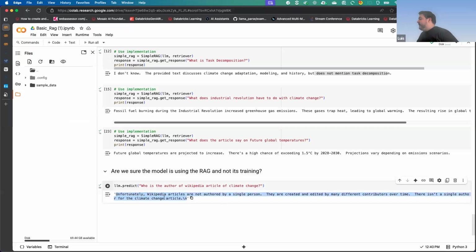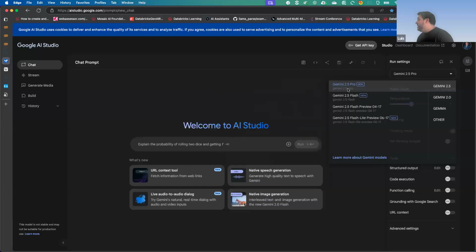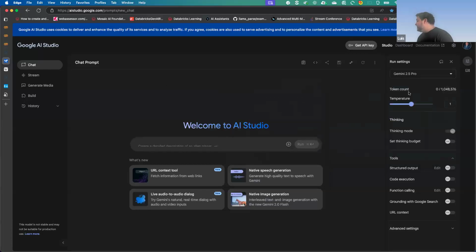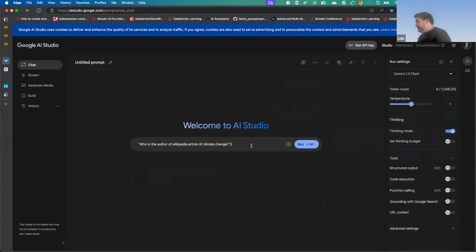Yep, so that's what I found. It's not using anything from its training. And you can double check this as well. You can always go to your Google Cloud Studio and ask questions. Let's use Gemini Flash, make the answer, and compare if it's using the